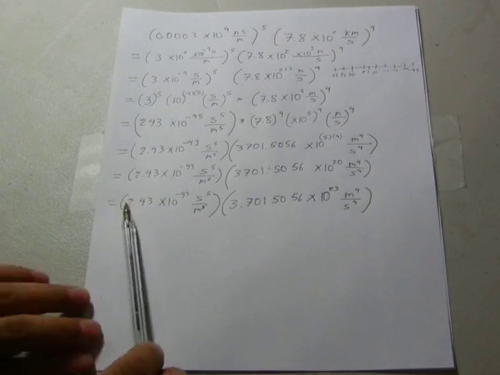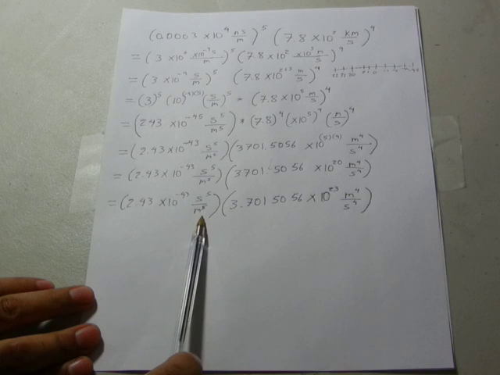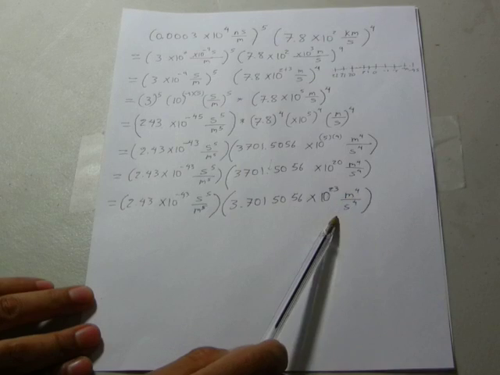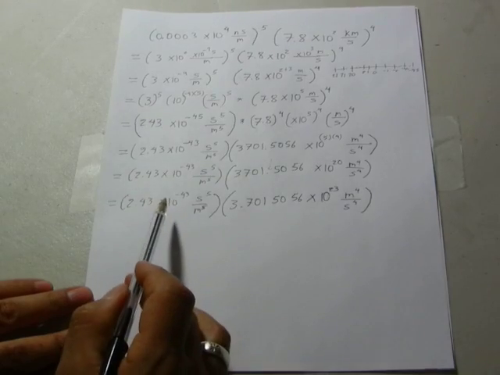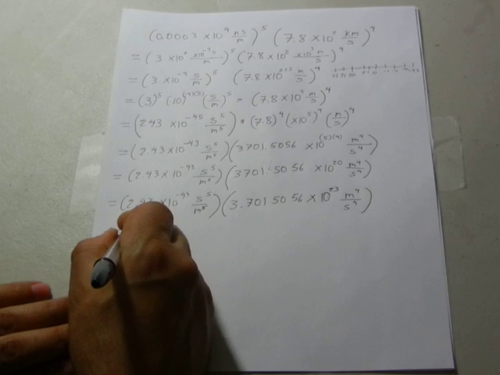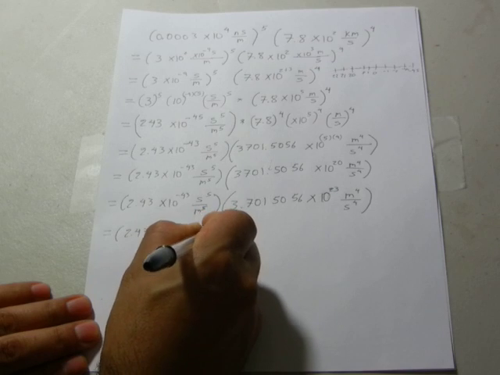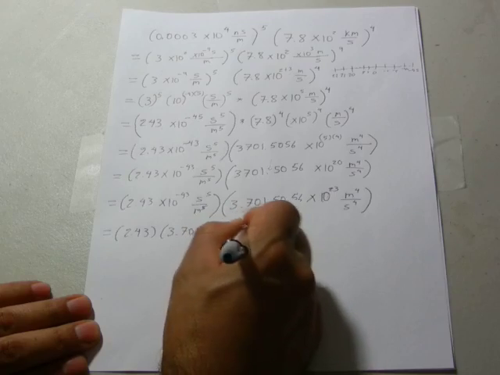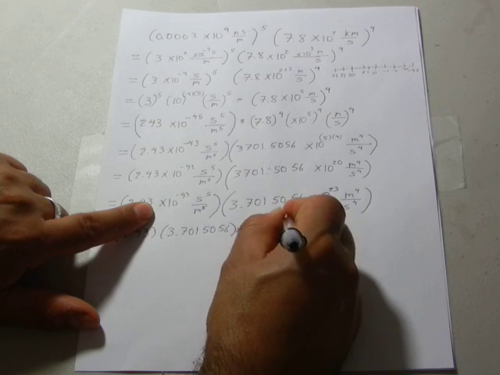So perfect. We have scientific notation, the unit and power of 10, the basic units in the international system. So we can make the groups: numbers with numbers, powers with powers, and units with units. 2.43 times 3.701556, number with number. Now the powers: times 10 to the minus 43,